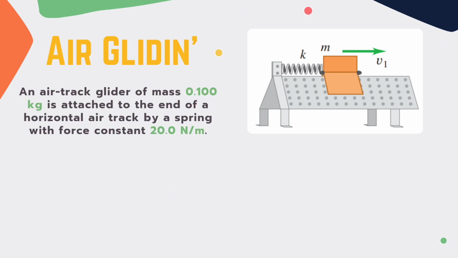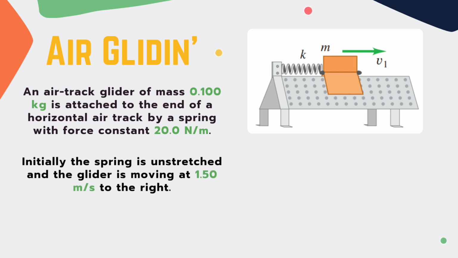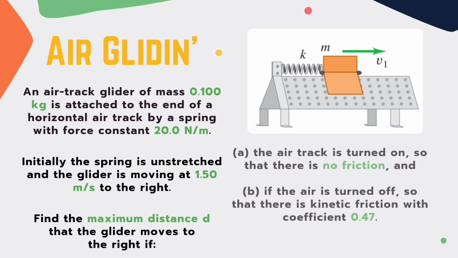Let's read it out. An air track glider of mass 0.100 kilograms is attached to the end of a horizontal air track by a spring with force constant 20.0 newtons per meter. Initially, the spring is unstretched and the glider is moving at 1.50 meters per second to the right. Find the maximum distance d that the glider moves to the right if